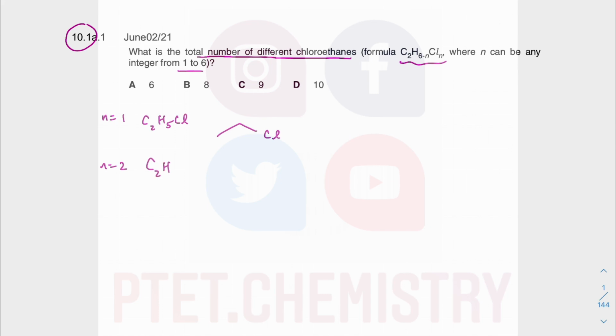When n equals 2, then you're going to get that. Then what can happen is the 2 chlorines can be on one carbon, or the 2 chlorines can be on different carbons. So you have 2 isomers there. So we've got 3 so far. Alright. What about n equals 3? Then you have